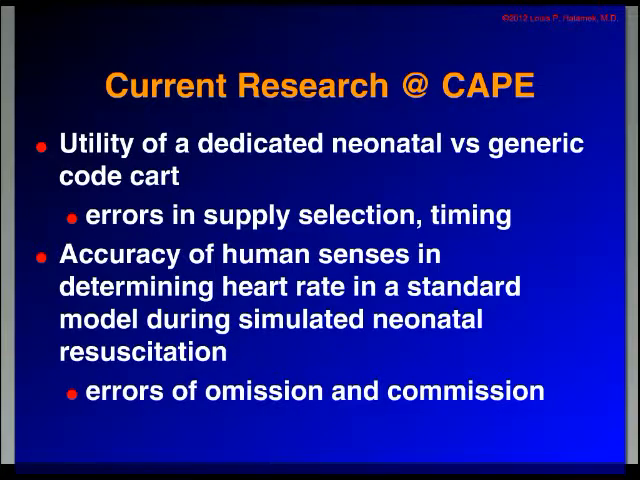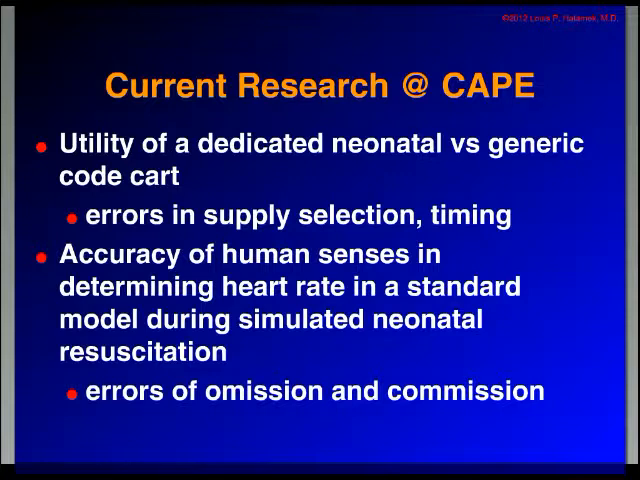We've actually just completed a trial looking at a dedicated neonatal code cart versus the generic code cart that we use in our hospital. And we looked at things such as errors in the supply selection, as well as the timing to get appropriate supplies for certain types of deliveries. And that manuscript was actually prepared by Ritu Shikara, our most recent CAPE fellow, and has been submitted for consideration for